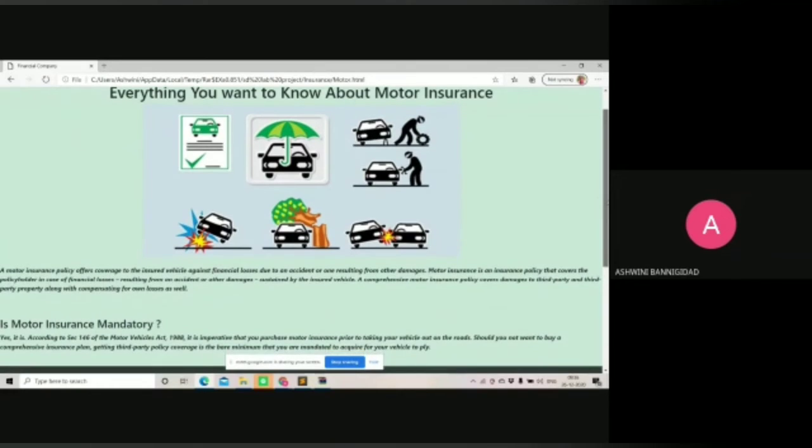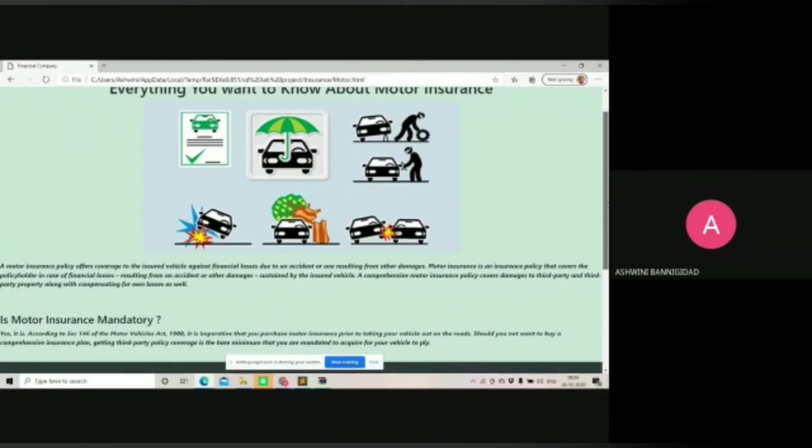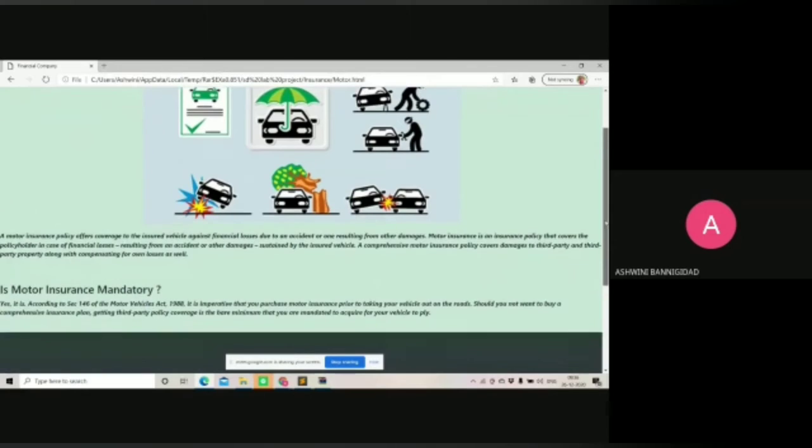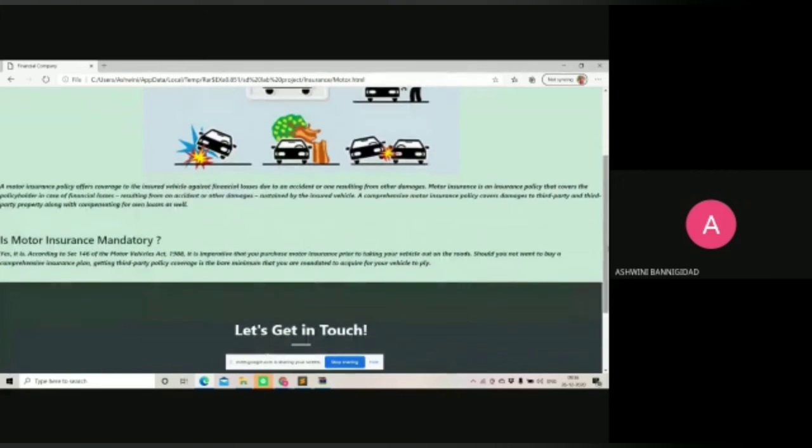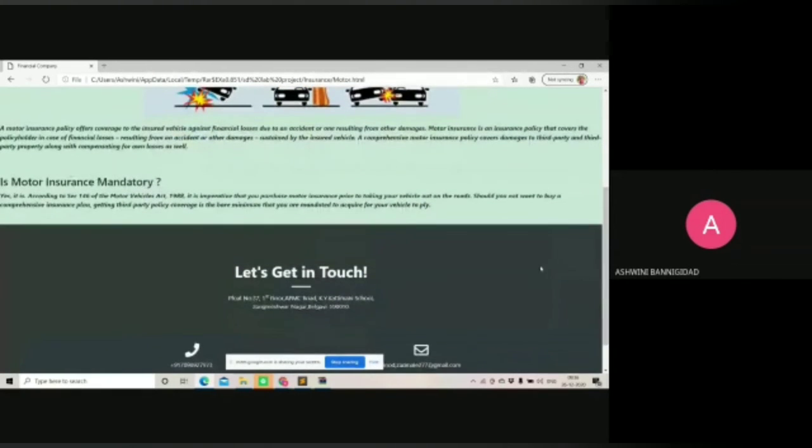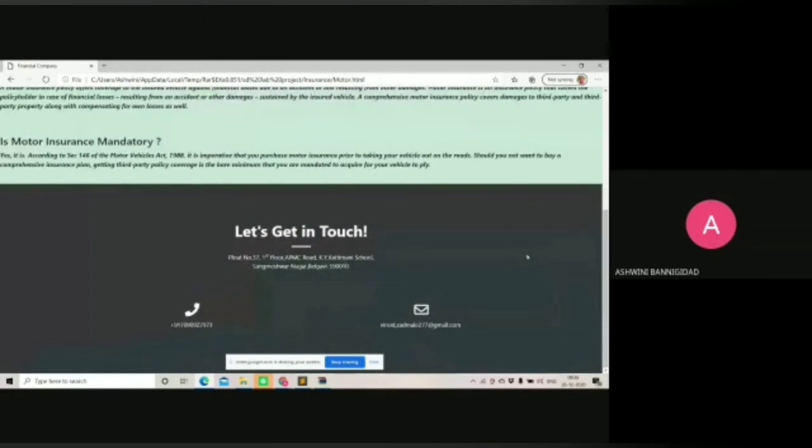If the customer is really interested and wants more information about motor insurance, he should go through the contact information we provided in this section, which includes contact and mail information. If the customer is interested in buying or applying for motor insurance, he should use the contact and mail.